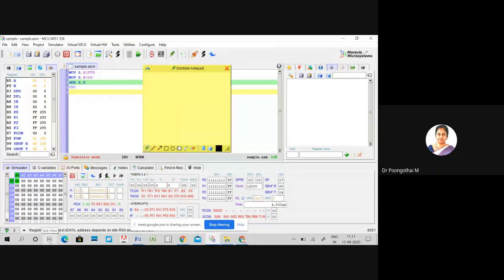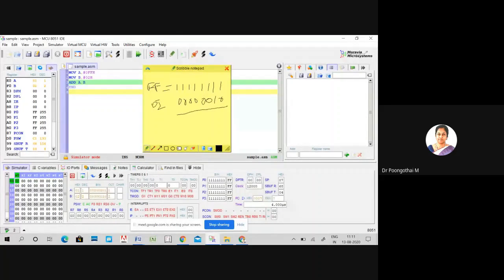So what is your input? FF and 02. FF is equal to 1, 1, 1, 1, 1, 1, 1, 1. Okay. And 02 hexadecimal value is 0, 0, 0, 0, 0, 0, 1, 0.